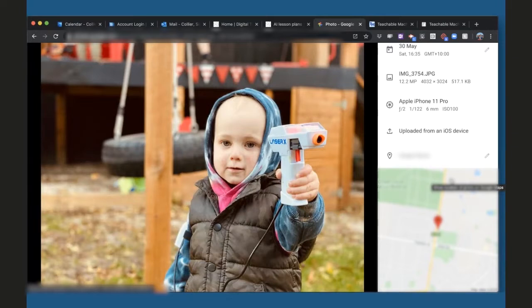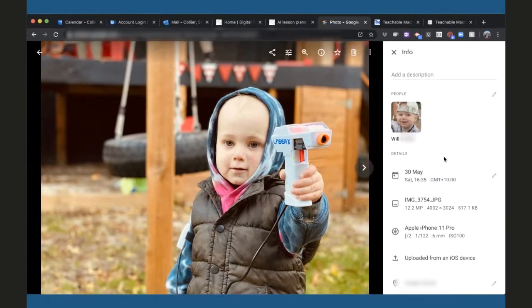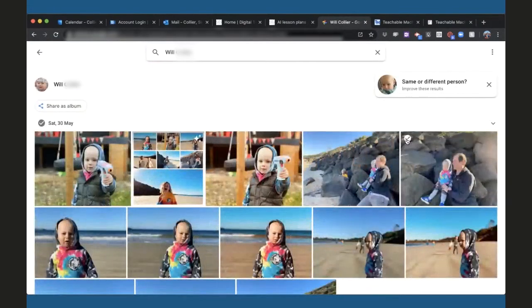And we can also see at the top, and this is where the interesting AI aspect comes in, and computer vision, what's it got listed there? So it's got people. Yeah, and for this one, we've given that person a name, which is Will. So if I click on that, now it goes through and identifies all the photos in my Google Photos that have Will in them, doesn't it? Yeah. Now, how do you think it does that?